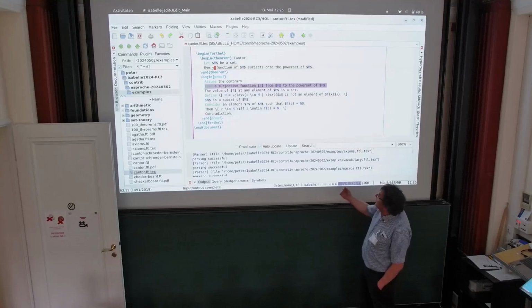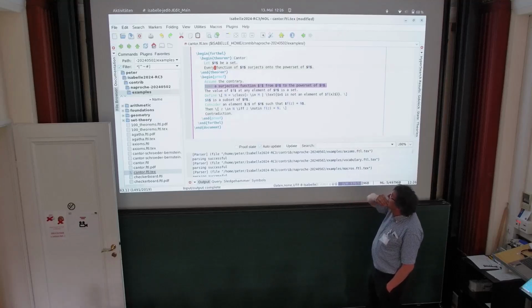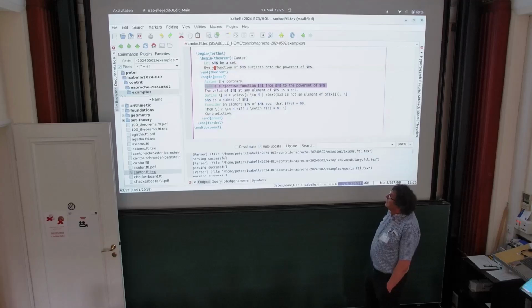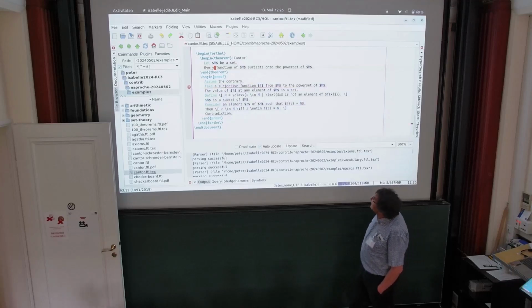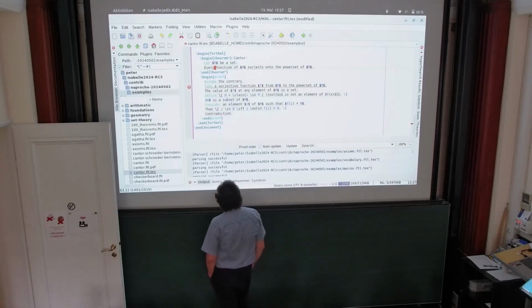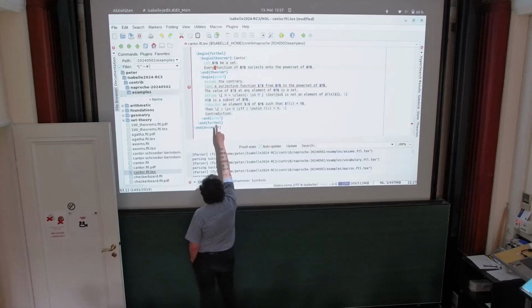You see now, it tries to do something. The violet indicates that this is now in eProver and something takes a lot of time. I hope that we have an error here. Yeah, we have an error.